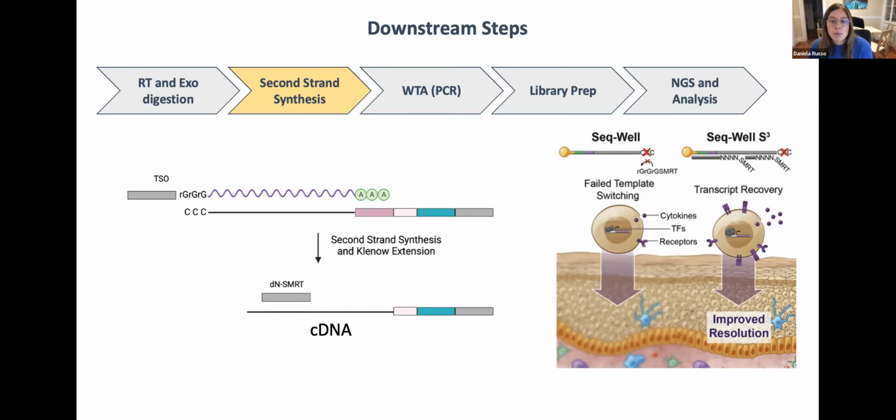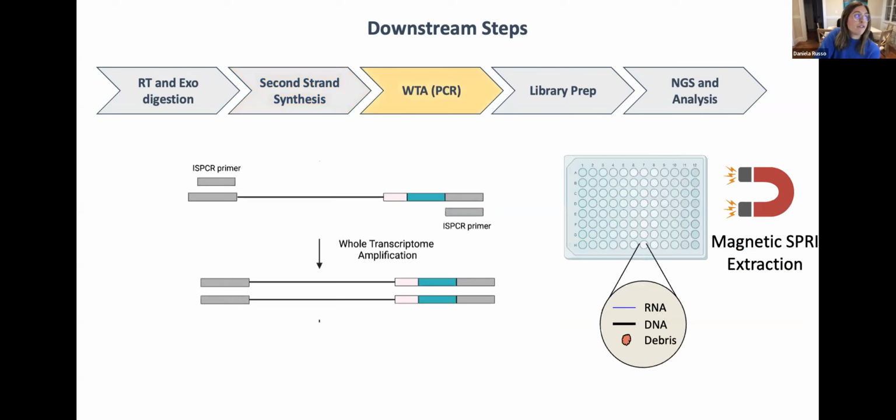And so to do that, we perform denaturation by washing the barcoded mRNA beads. And with the help of a Klenow enzyme labeled with the SMART sequence, there will be primers that first let us make full-length cDNA, but will also then come down and bind to its reverse complement. So here we're just showing one strand. And then from there, we would have our double-stranded DNA, and we would take that product and